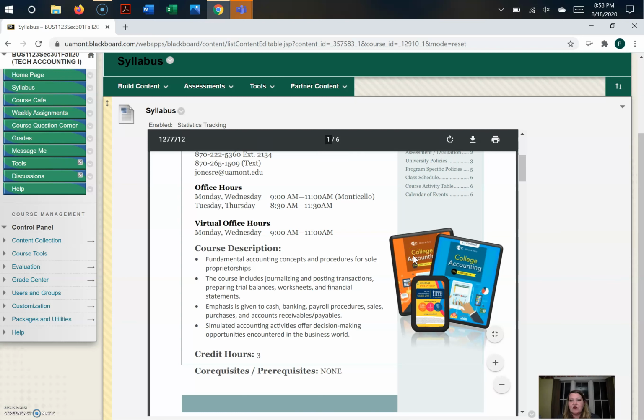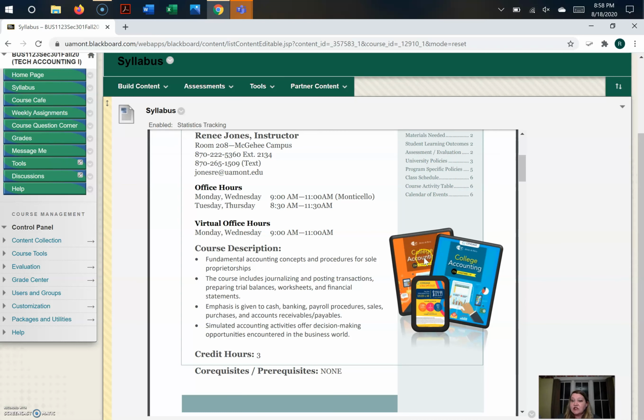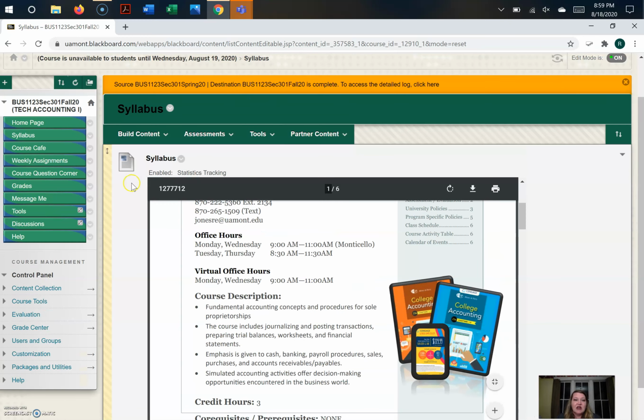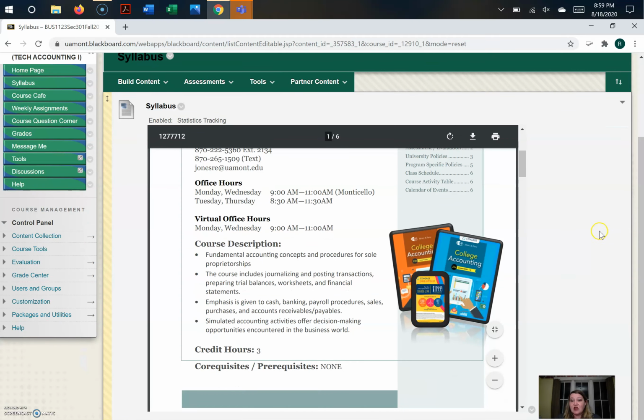It's chapters 1 through 15. And while we're not going to go that far in this course, this is the one that Cengage sent for me to link to. So it's the one that will go into your Cengage account. But this is what the book will be if you choose to purchase it from the bookstore or through Amazon. All right. So after you get done, that's the only thing that's on here, the syllabus,